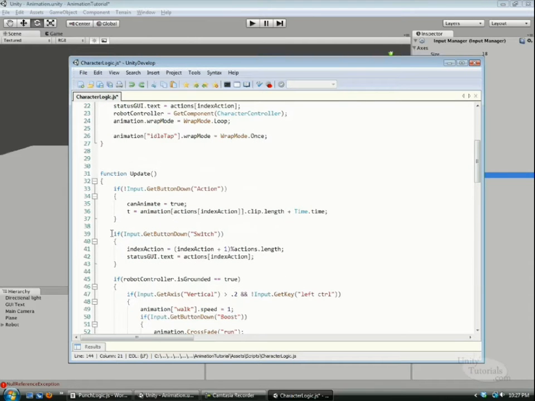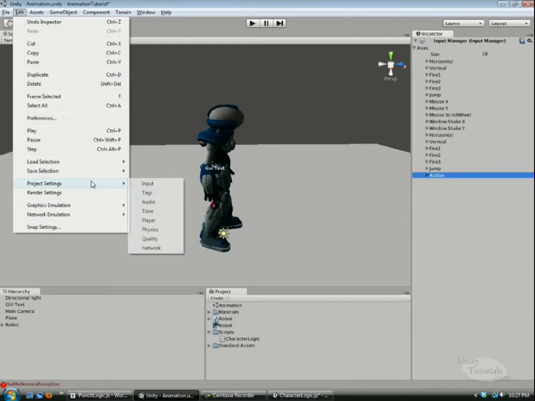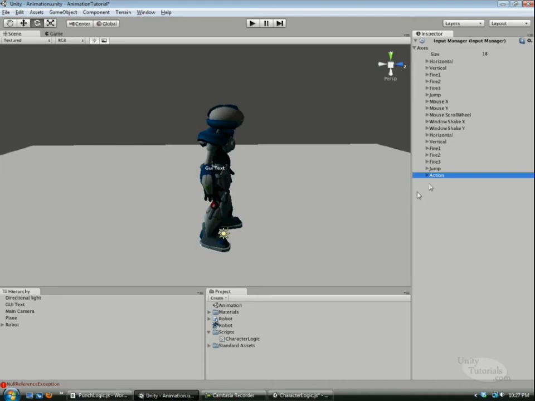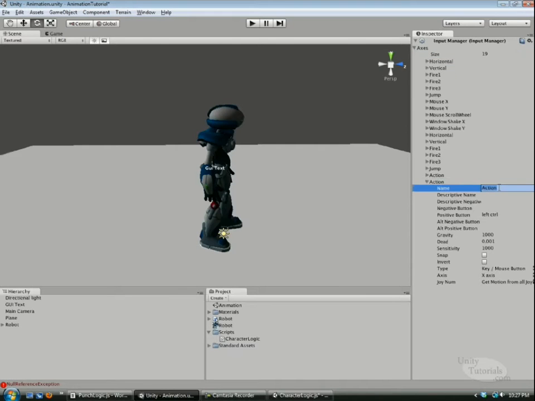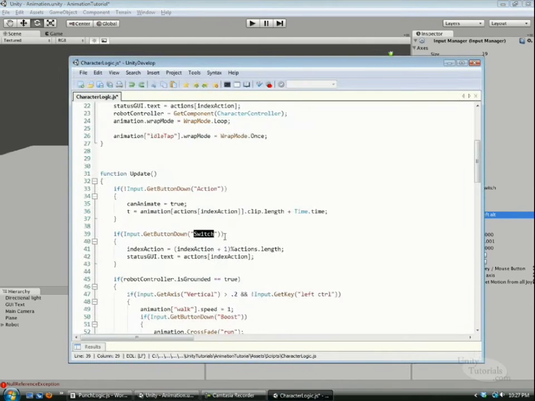The next if statement is switch. So we need to go back into the inputs and set up that input. So go edit, project settings, input, make it 19. I'm going to call it switch. We don't want it left control, we actually want it left alt. So when we press left alt,